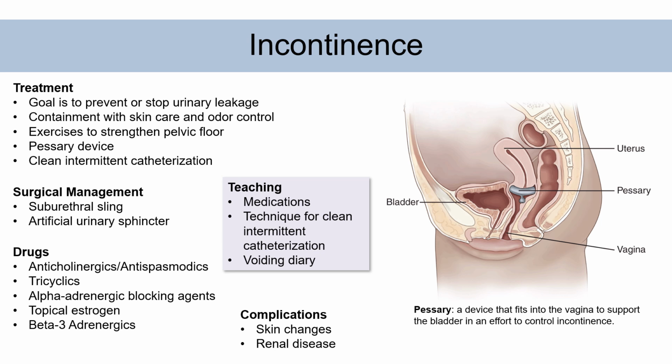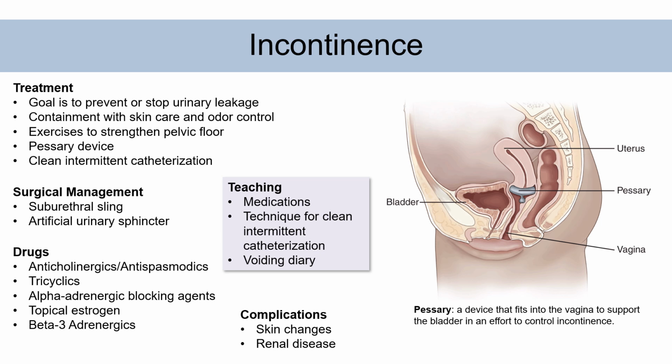Those are going to block impulses from the parasympathetic nervous system to relax and control the bladder. Tricyclic antidepressants decrease the bladder contractility, and they also have an antispasmodic effect on the bladder. Then we have alpha adrenergic blocking agents. These will promote urethral relaxation, and it will help urinary retention because the urethra relaxes and it allows